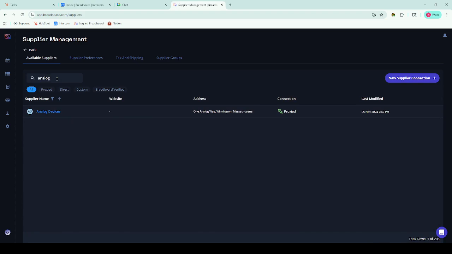So, let's go analog devices. You could go Mouser, and you're going to get a little bit of basic information here. One, name. Two, you're going to have the website. Three, you're going to have their address. Four, their connection to the supplier. So in some cases, you're going to see proxied. And in other cases,